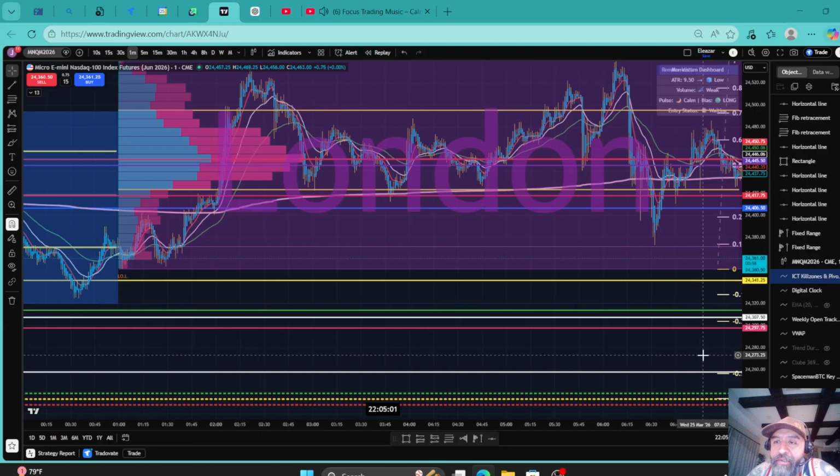Now the next question is, where are our mids? Are we inside or outside the mids? When you look at our mids, we have this blue line that represents the midpoint of our Asia session, and this purple one is the midpoint of our London session, and literally price is between them. So although we are opening outside